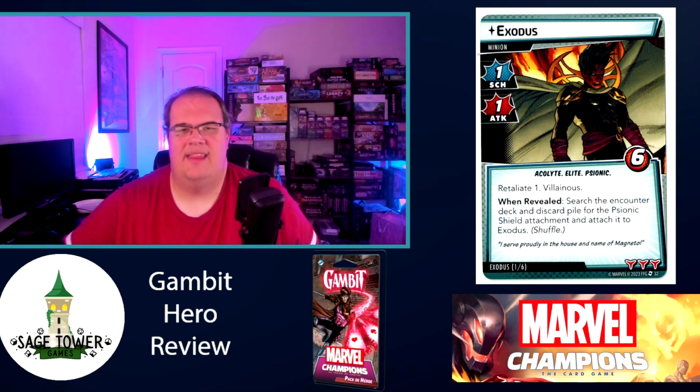As always, for those of you that are not aware, the hero packs now have an additional encounter set at the end of each of them. It's just giving a bit more spice to it. And this one is the Exodus. 1 scheme, 1 attack, 6 health. Acolyte Elite Psionic. Retaliate 1, Villainous. When revealed, search the encounter deck and discard pile for the Psionic Shield attachment and attach it to Exodus. Now he says in the name of Magneto, so he sounds like he's like a Magneto stand-in basically,